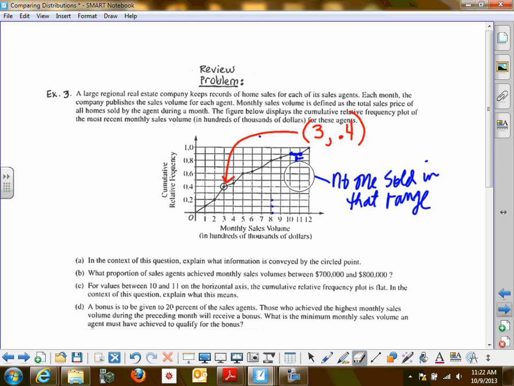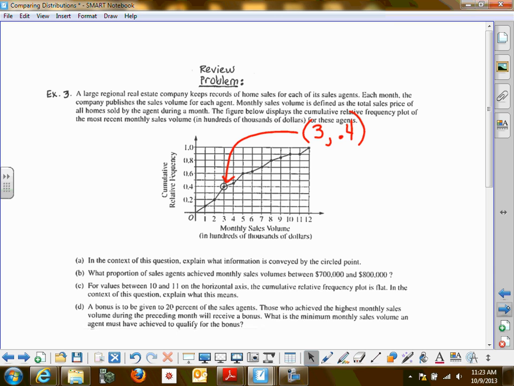This is a reference of what we learned on Monday. It's a review problem, and I want you to have a very good grasp of what a point on this chart means. This is very important. So let me read it to you. A large regional real estate company keeps records of home sales for each of its sales agents. Each month, the company publishes the sales volume for each agent. Monthly sales volume is defined as the total sales price of all the homes that the agent sold during the month. The figure below displays the cumulative